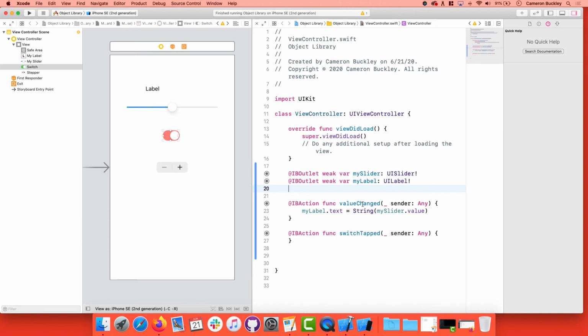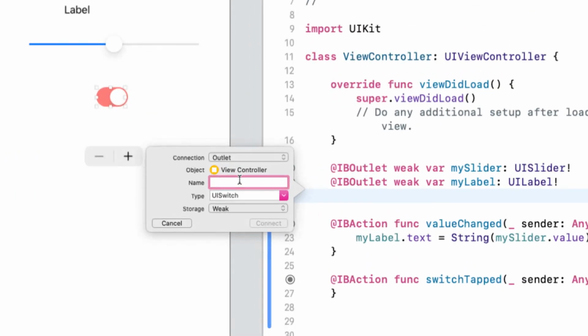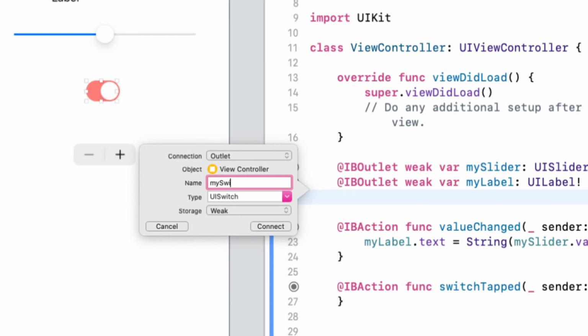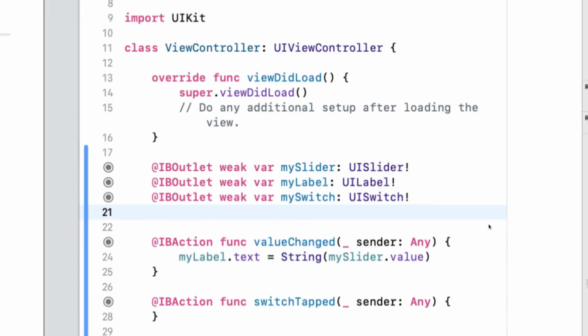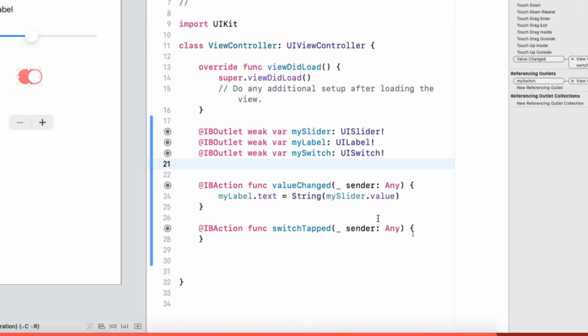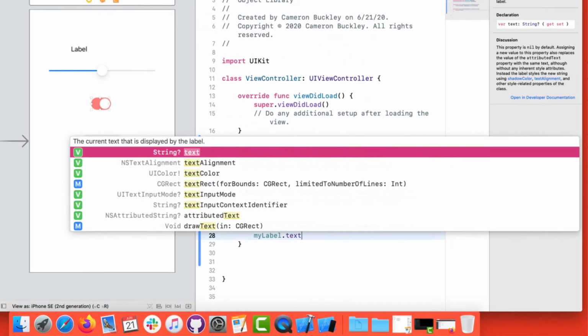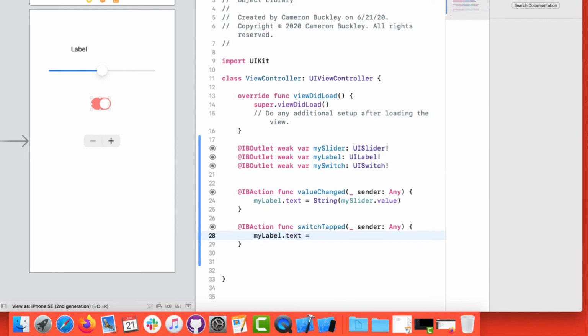We also need to connect it as an outlet because we want to see what kind of data we can pull from this thing. So let's connect it and let's name this, again, as an outlet. We'll go ahead and name this my switch. So we have switch tapped as the function, my switch as the outlet. Let's do the same thing. My label dot text equals, and let's, instead of this time,